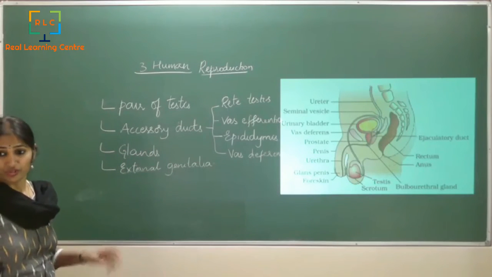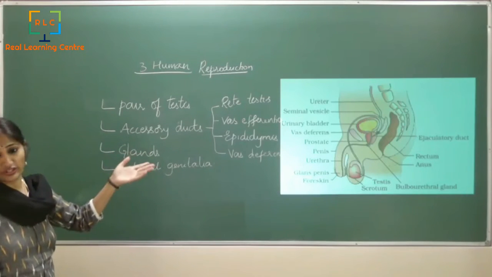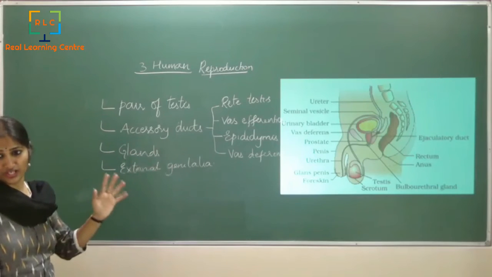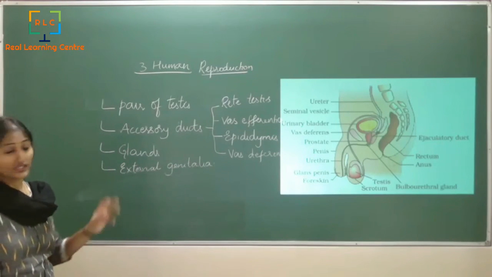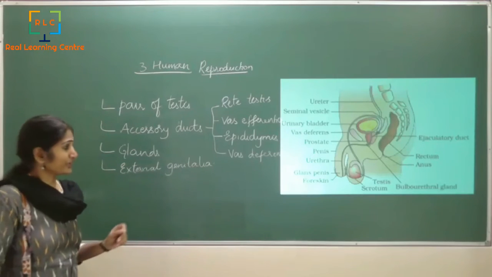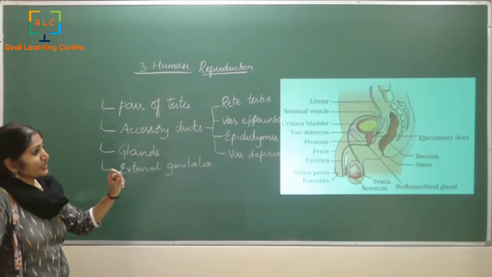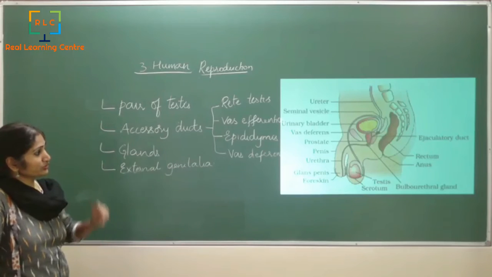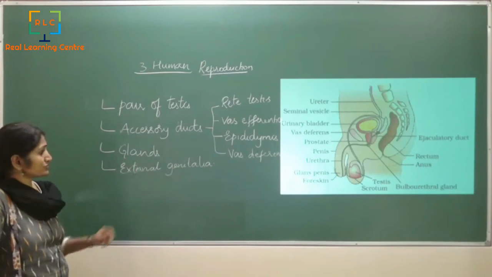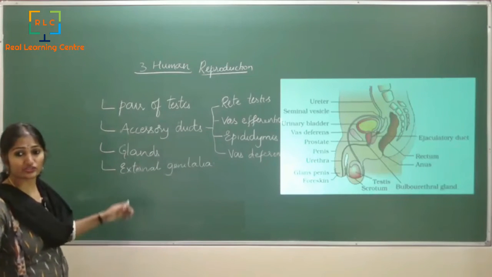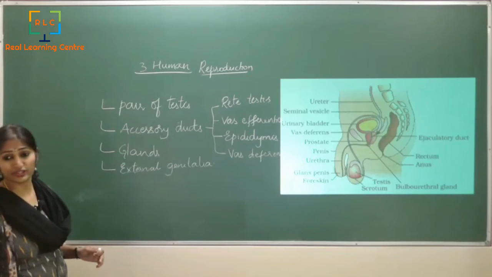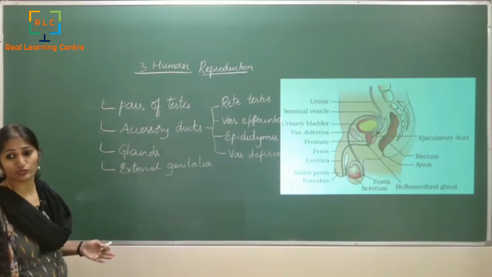ejaculatory duct. The semen, the sperms, the solution which has all these cells, is stored in the ejaculatory duct, and at the right time, the ejaculatory duct opens into the urethra. From the urethra, it gets attached to the penis, and comes out of the body, right. So this is how we have so many types of ducts which actually associate the movement of the germ cell.